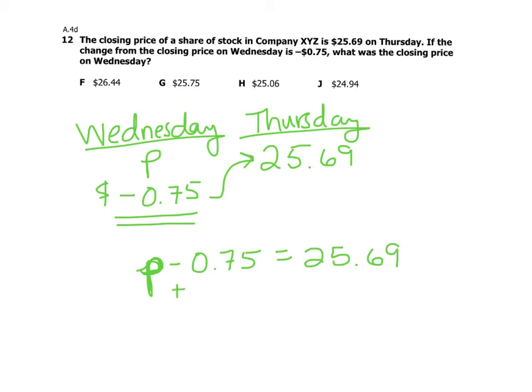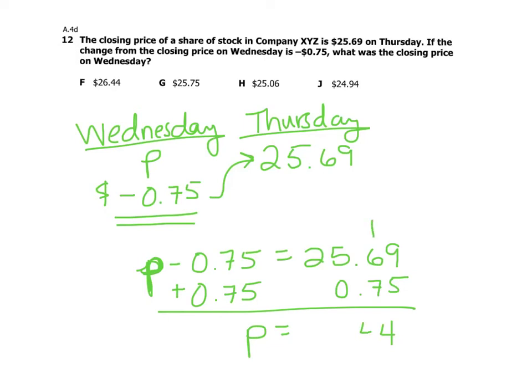Meaning that in order to solve this, I am adding the 75 cents to find out the stock price on Wednesday. If you just punched the buttons on the calculator and you didn't think, then yes, you ran the risk